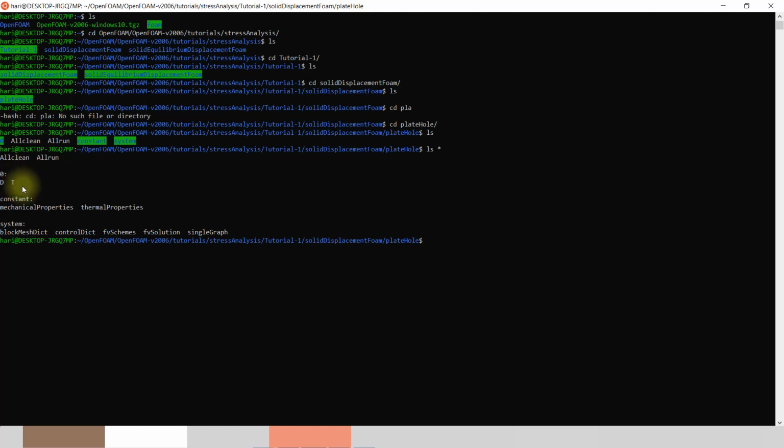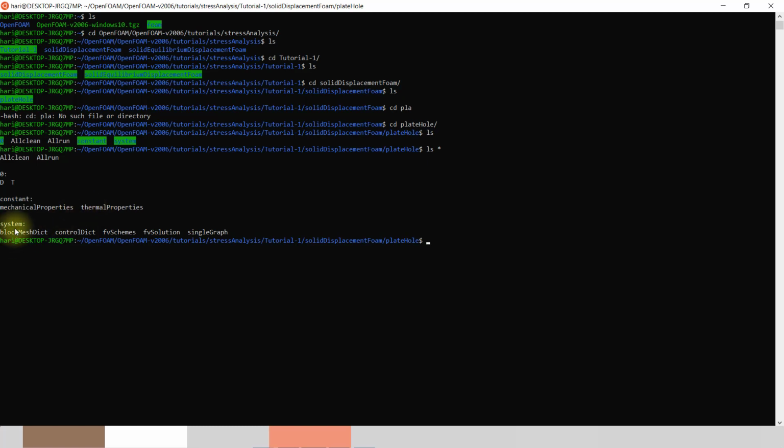Now constant, as the name suggests, contains mechanical properties: rho, mu, nu, Young's modulus, and all this. And thermal properties contain alpha, all the constants like the coefficient of expansion and all this.